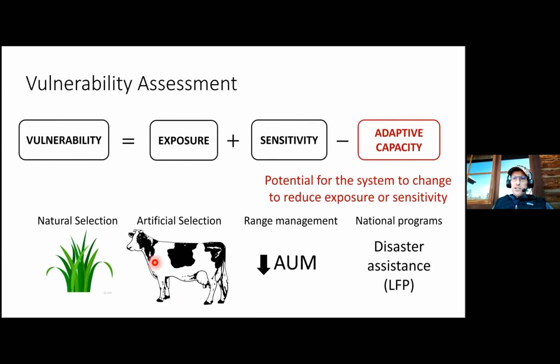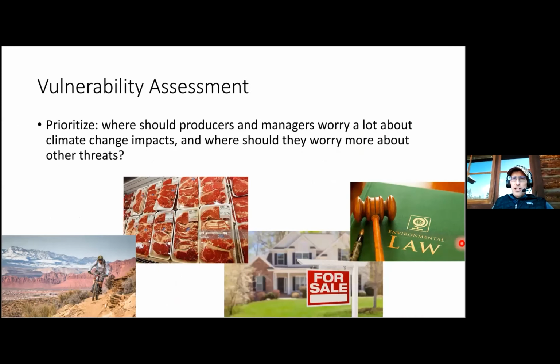Now, I want to end by stressing again the priority setting agenda of the vulnerability assessment. A lot of the quantitative work that we're going to present to you today focuses narrowly on forage production, but we're aware that rangeland production systems depend on many, many more factors. And the work that the University of Arizona team has led helps us put threats from climate change in the context of a wide array of additional threats that producers face, from increases in demand for outdoor recreation on public lands, to market forces, to real estate prices, and environmental regulations, among other things.